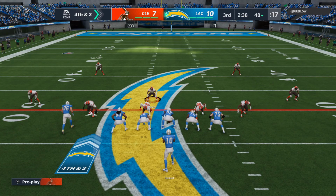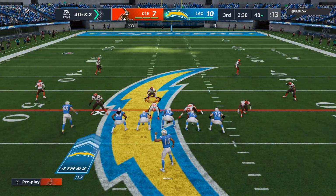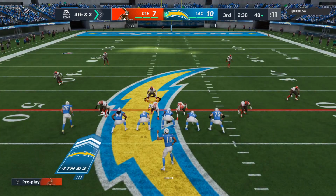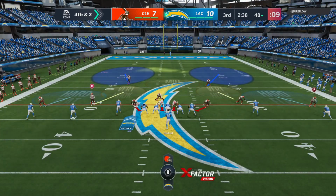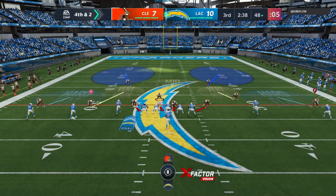56 to Mike, boys, 56. 19 tight, 19 tight. I got him. Mike's 56. Mike's 56. We got to get the ball, D. Get the ball right here. Let's go. 79 Broncos. Mike